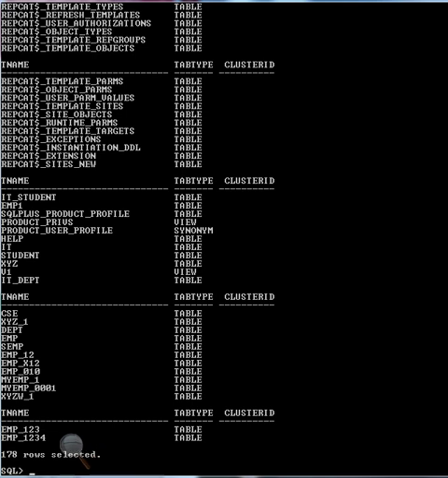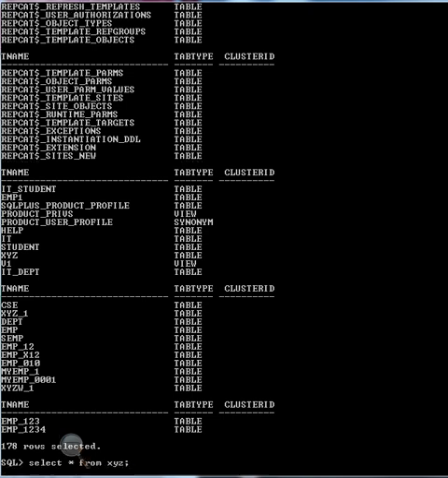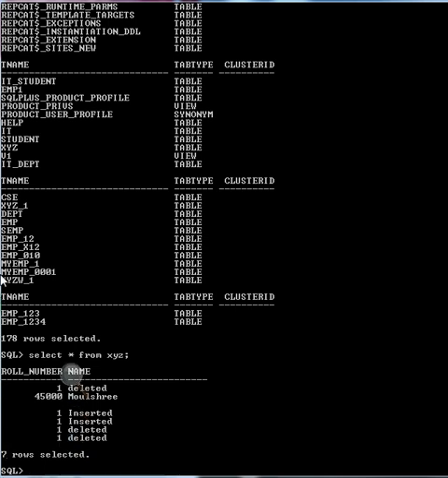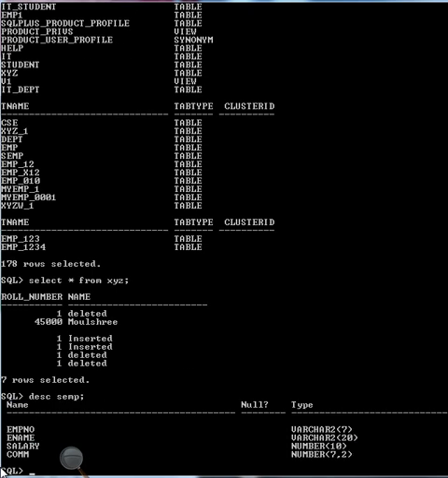Now select star from xyz. So this is another table. Let's take another table, semp. Now DESC SEMP. Let's see the description of SEMP. Emp number has varchar2, ename has varchar2, and salary has number, and commission.